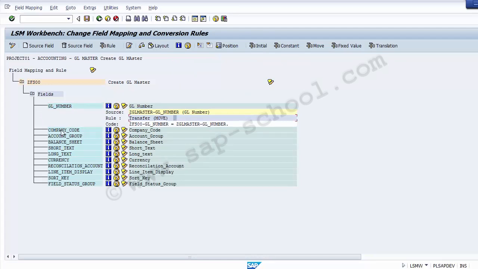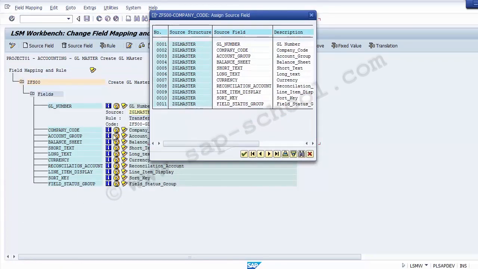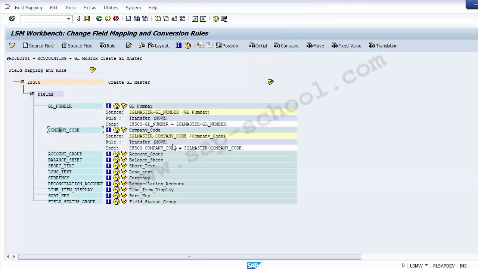Similarly, you need to assign all these different fields with the source field, and this is how the mapping of the source field with the target field has to be done. If I now put the cursor on the company code, and again go to the source field, for company code I would be taking this company code over here. This is the relation which I have defined. I will double click onto the company code,